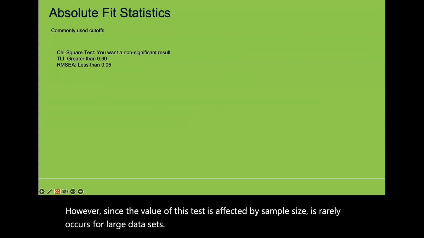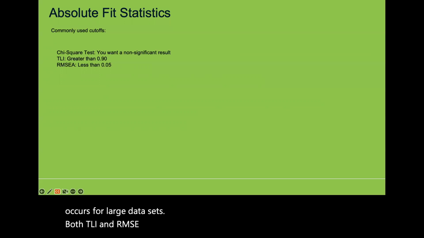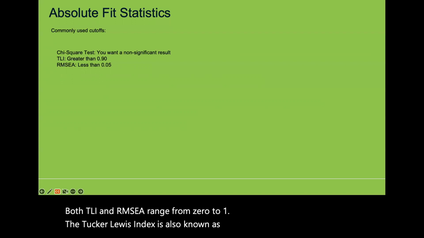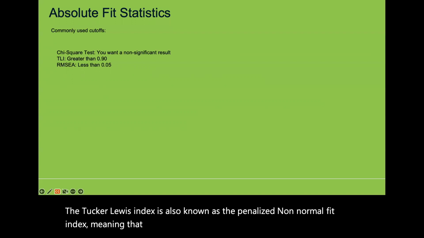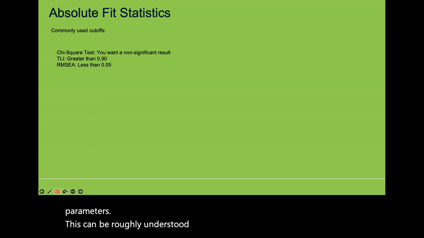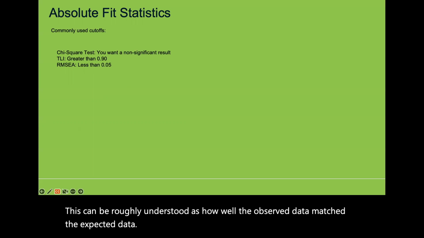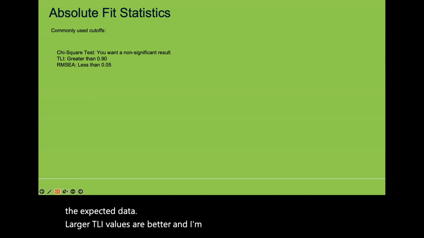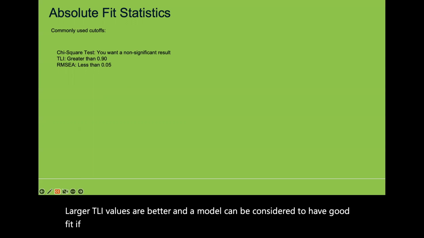Both TLI and RMSEA range from 0 to 1. The Tucker-Lewis index is also known as the penalized non-normal fit index, meaning that more complex models are penalized for adding additional parameters. This can be roughly understood as how well the observed data match the expected data. Larger TLI values are better, and a model can be considered to have good fit if the value is greater